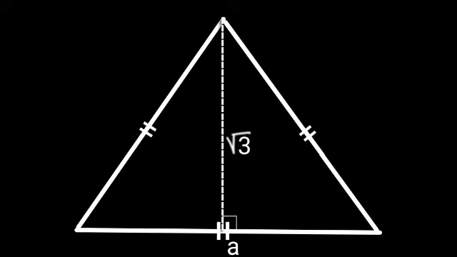In this equilateral triangle, we are given that the height is under root 3, and let us consider the side is a. We already know that area of the triangle is equal to 1/2 into base into height, and we studied the formula of area of equilateral triangle is under root 3 upon 4 side square. Using this, we can solve this example.